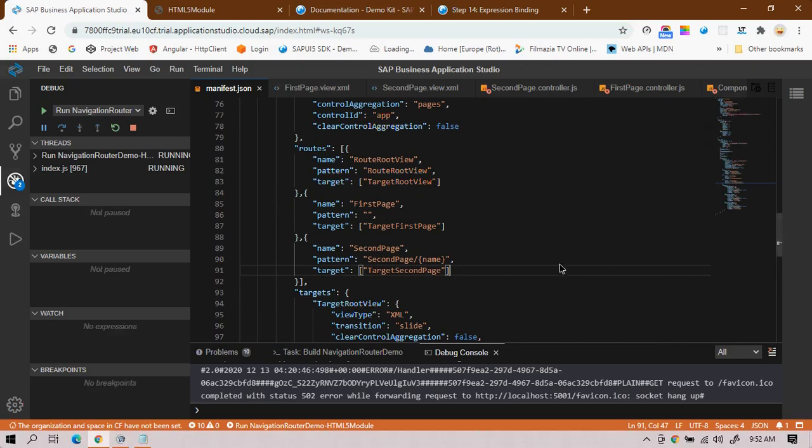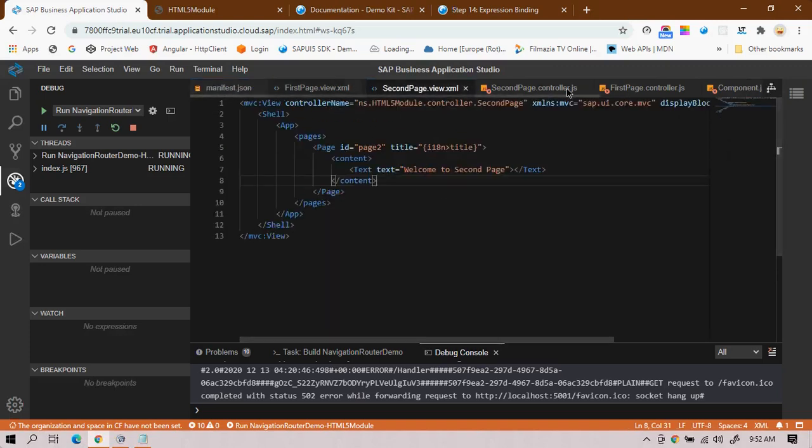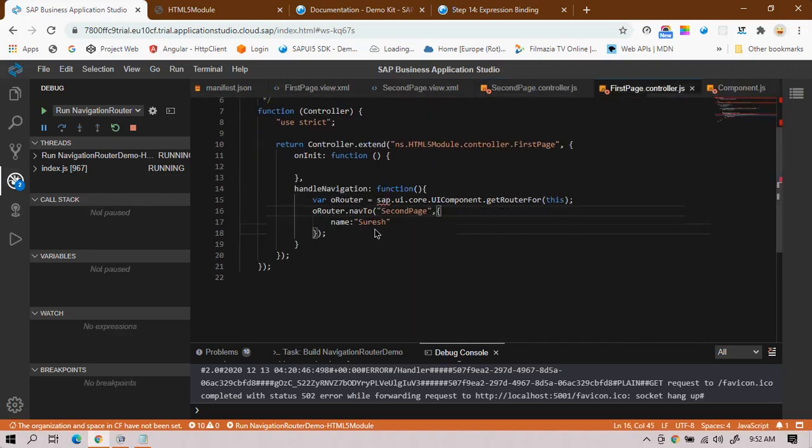Got it or not? Yes. Create the 3 views, and once you create the views, you can simply find the code. This is the code for the simple navigation. If you want to pass the data, then only you will use this, otherwise it is not required.